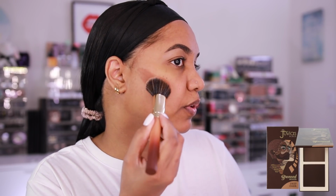All right, now let's move on to the deep dark duo, which of course is gonna be too dark for my skin tone, but I wanna see how it applies and if I'm able to kind of make it work for my skin tone. So again, we're gonna start out with the deeper shade,